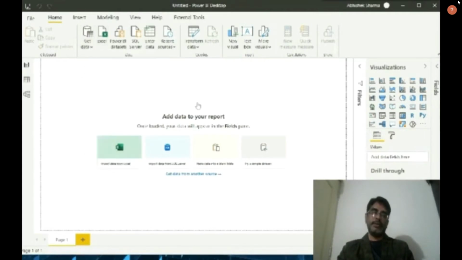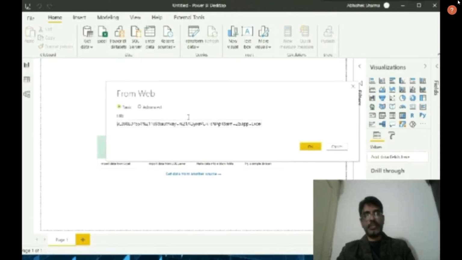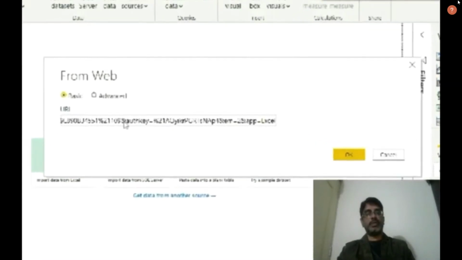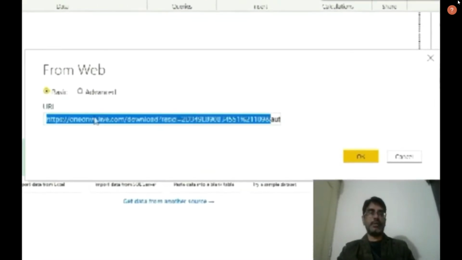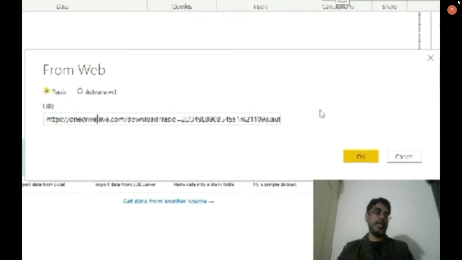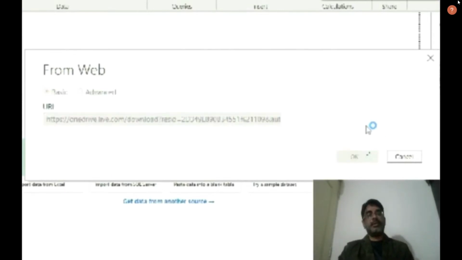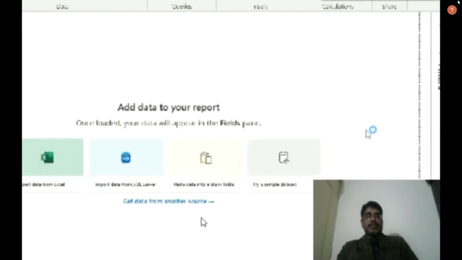Now, if you are accessing OneDrive for the first time, after putting the URL over here and pressing OK, you will be prompted for a service account. Okay, you have to put that in over there in case you are accessing it for the first time. But this is not going to ask me because I already accessed it before. So you see that the Power BI desktop is connecting